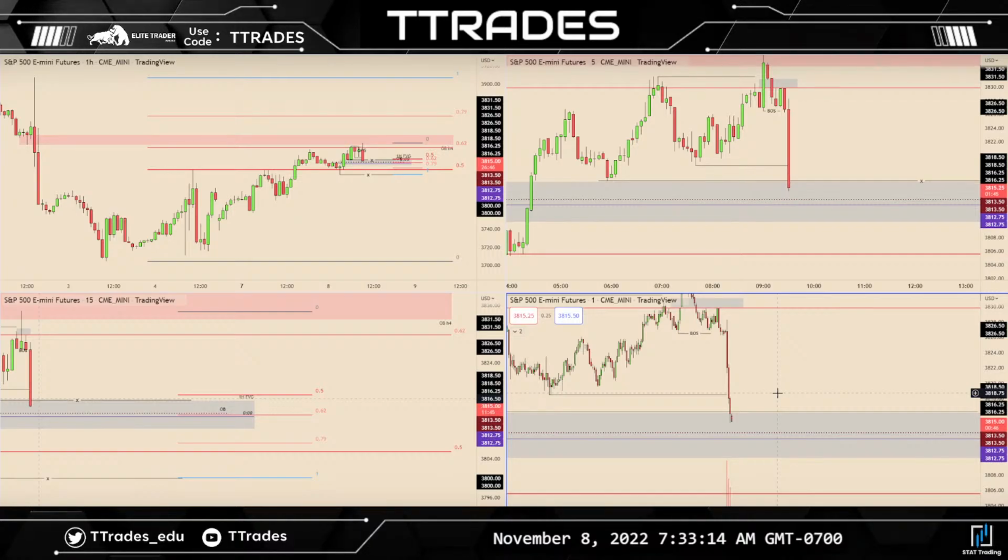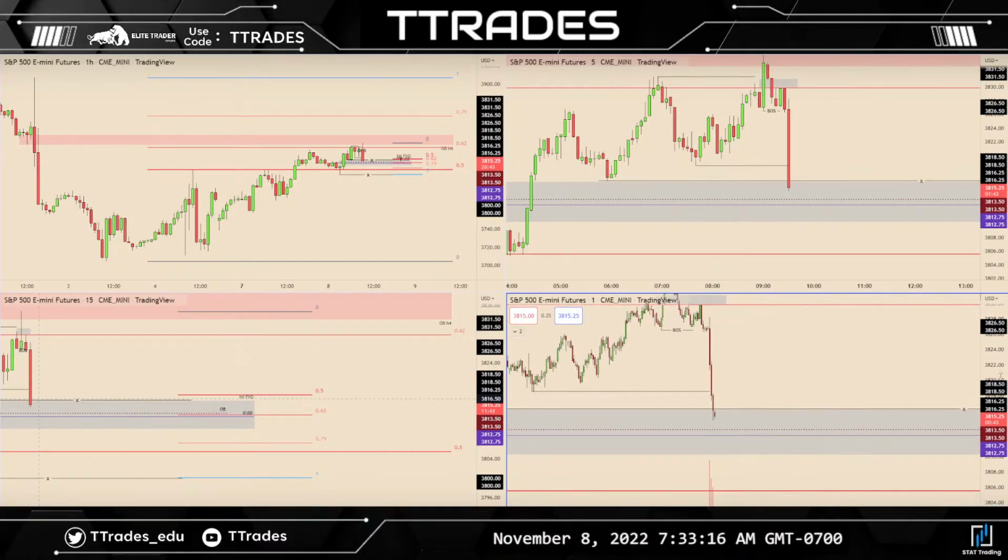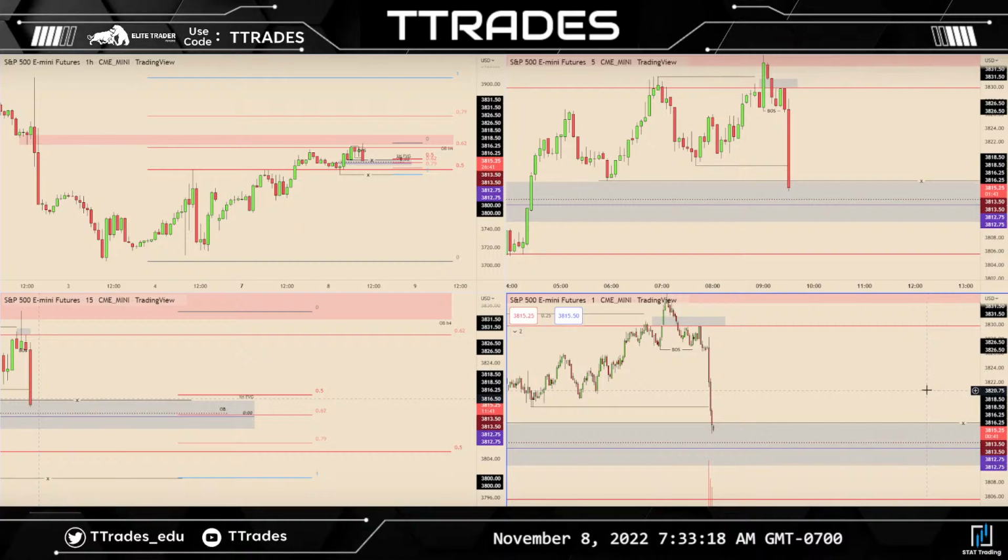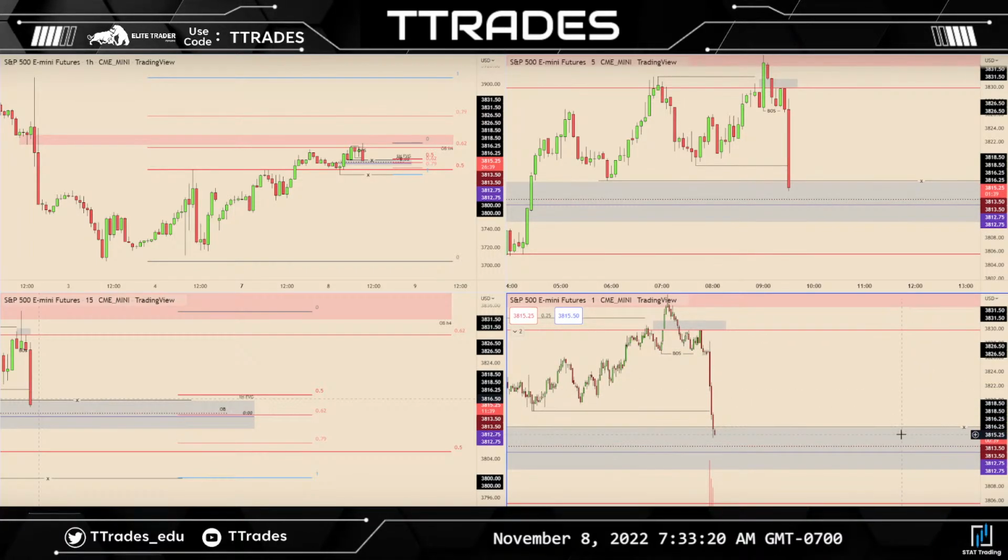SPX versus there's not really. I mean, the gains are kind of exponential, but so